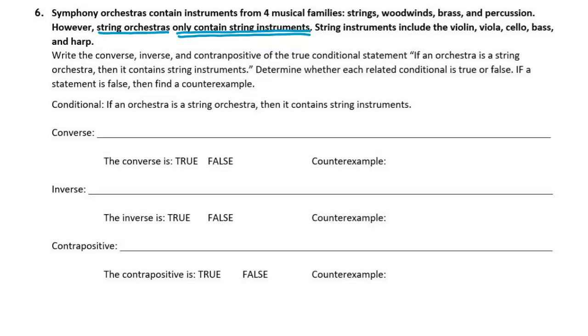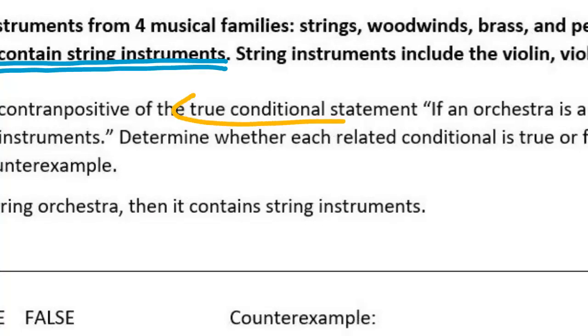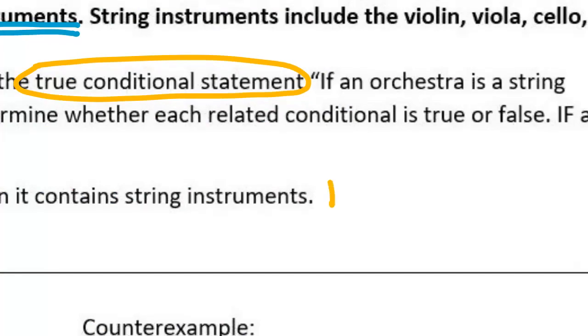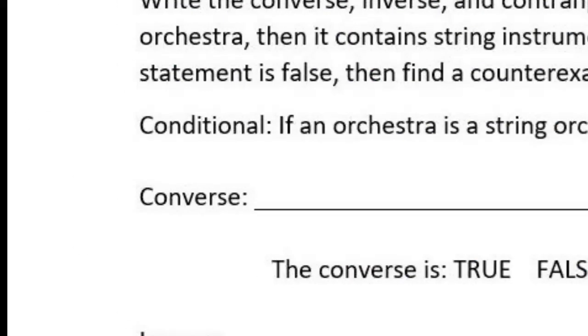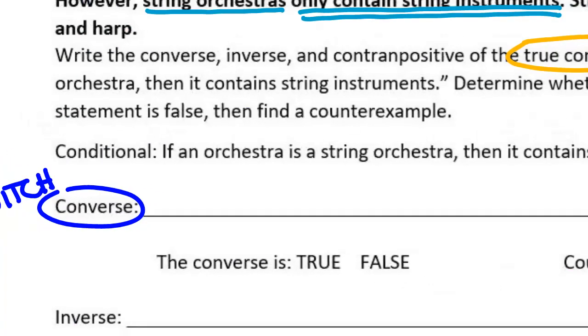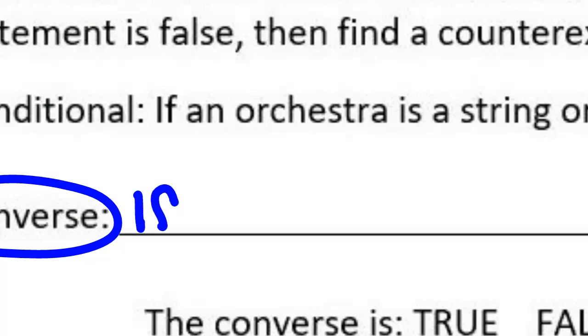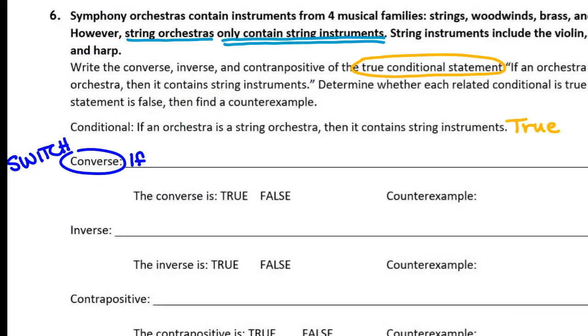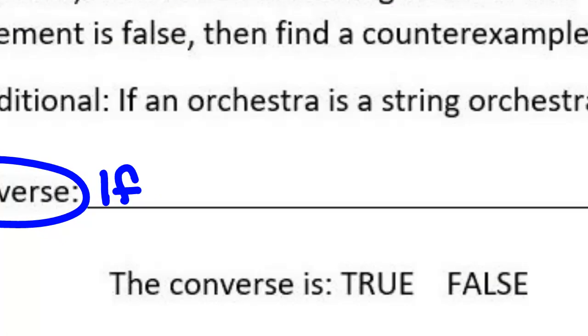Write the converse, inverse, and contrapositive of the true conditional statement. If an orchestra is a string orchestra, then it contains string instruments. So this is a true conditional statement. Let's take that and write the converse. What do we do to write the converse? Switch it. So instead of if an orchestra is a string orchestra, this would be what? Yes, if an orchestra contains string instruments,